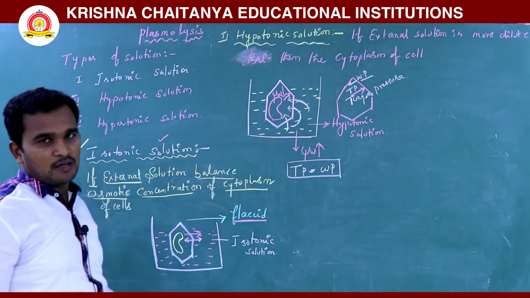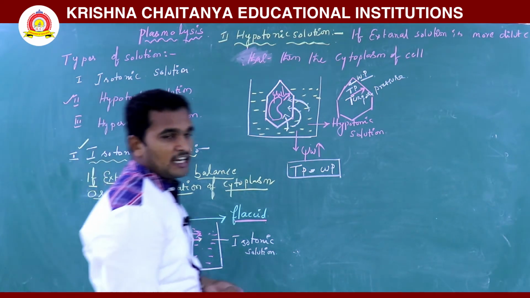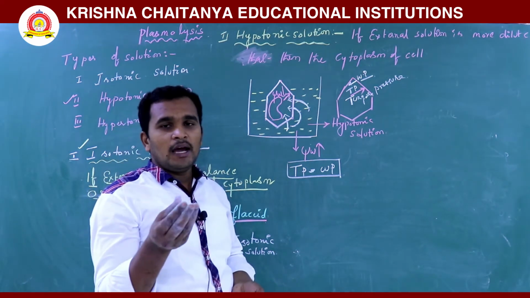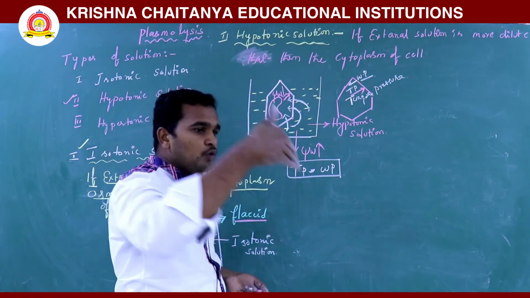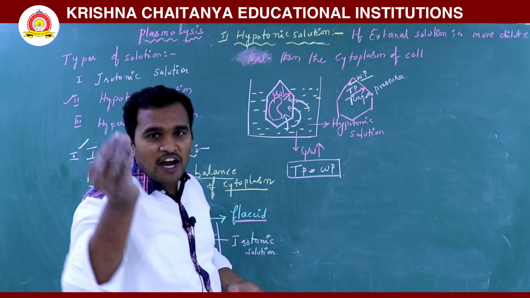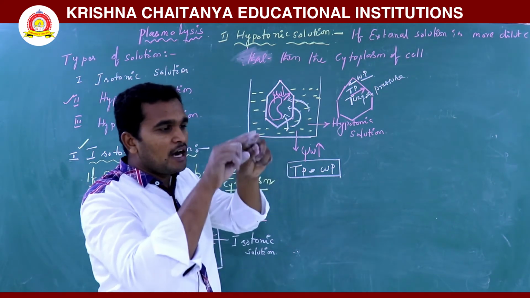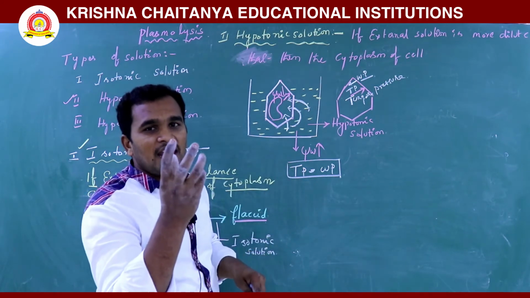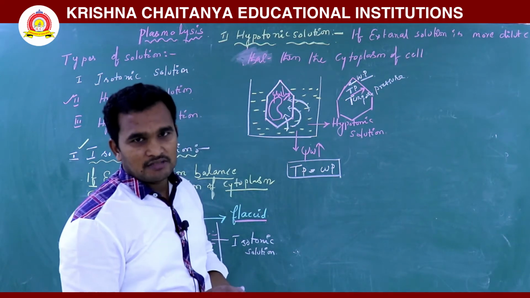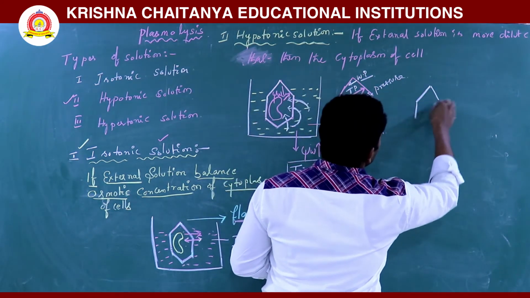That one we are discussing, turgor pressure. In turgor pressure, what happened? When you place a cell into a diluted solution, water continuously moves into the cell and pressure builds up. Why? Because hydrostatic pressure is created in the cell, which pushes the walls. Then the cell becomes swollen. That swelling is called turgor pressure. See here, this is the cell initially.